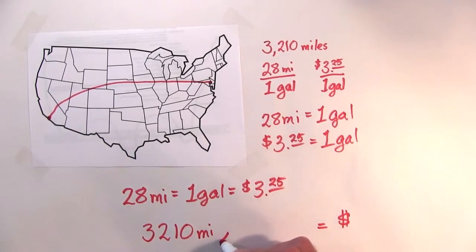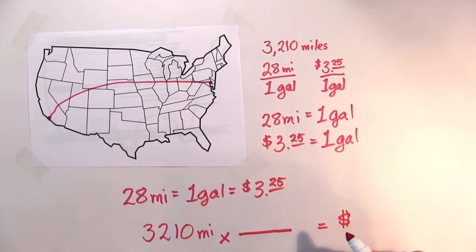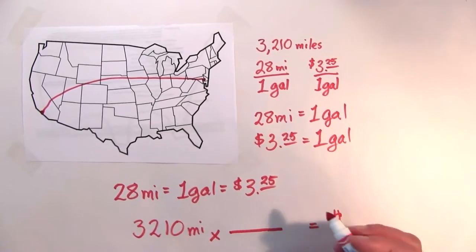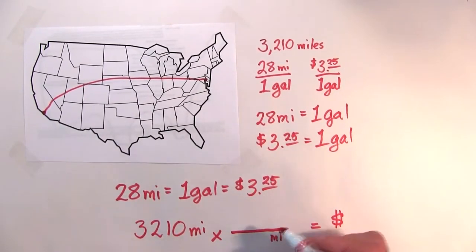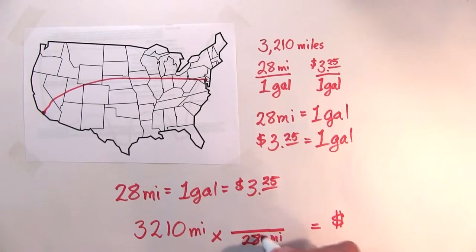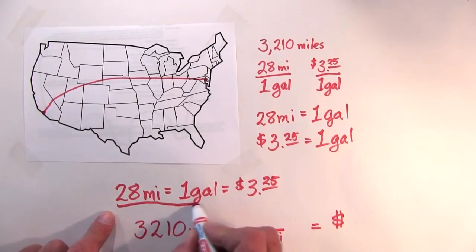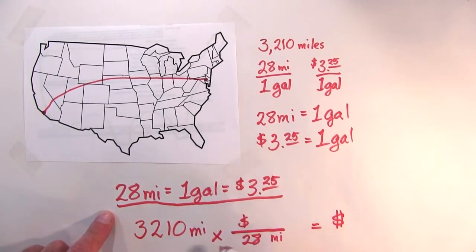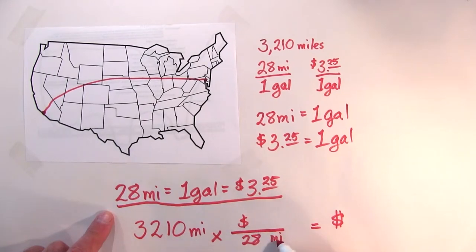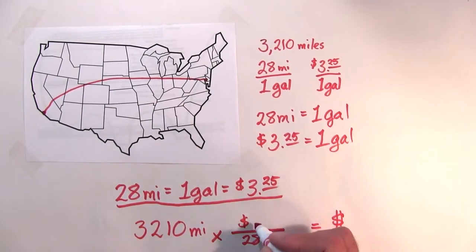Well, I've got to multiply that by some factor that will convert miles into dollars. And in order to do that, I need to have miles on the bottom, my bottom unit. And that will be 28 miles taken from this three-way equation right here. And I need to have dollars on the top so that when this gets multiplied by dollars and divided by miles, the miles will cancel out, but I need to have